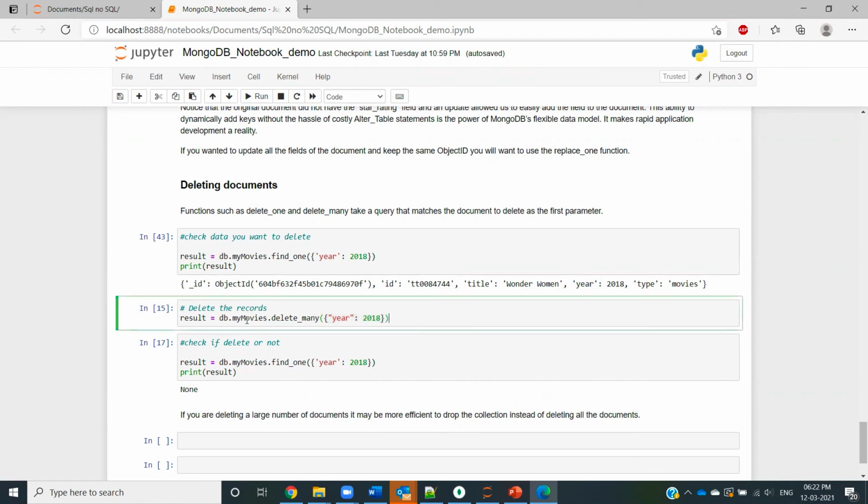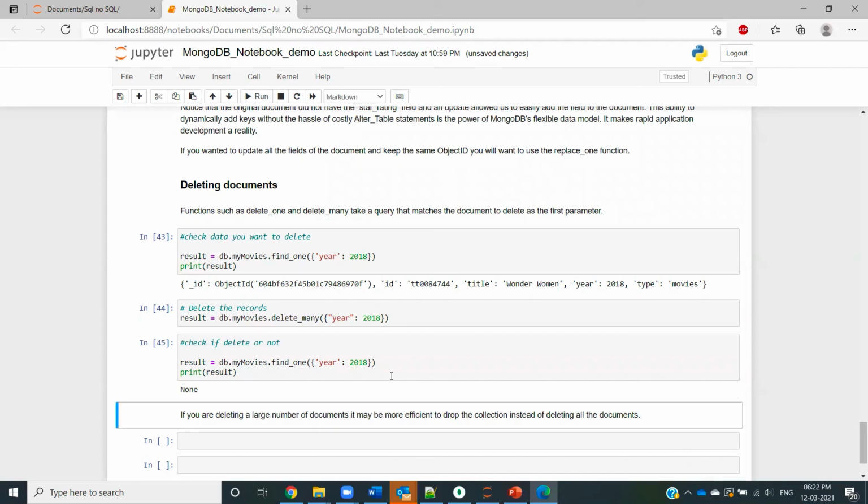So what I'm going to do is that I want to delete all the records which have year 2018 in them. So in order to do that, I'm connecting to my collection, and I'm using delete many, which basically is having a filter which tells me that all the documents pertaining to year 2018 must be deleted. So I run this. And now next thing for me is to check if all these records have been deleted or not. So now when I run this, when I check if I have any record for year 2018, I get none. It means that none of the records in my collection are pertaining towards the year 2018. So this is how you can do deletion.